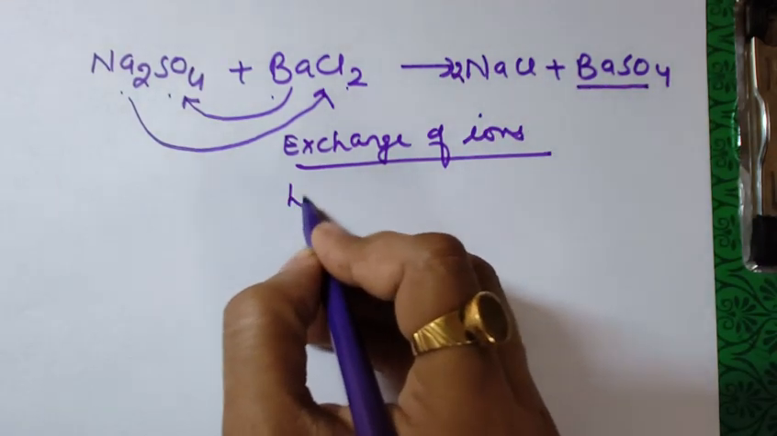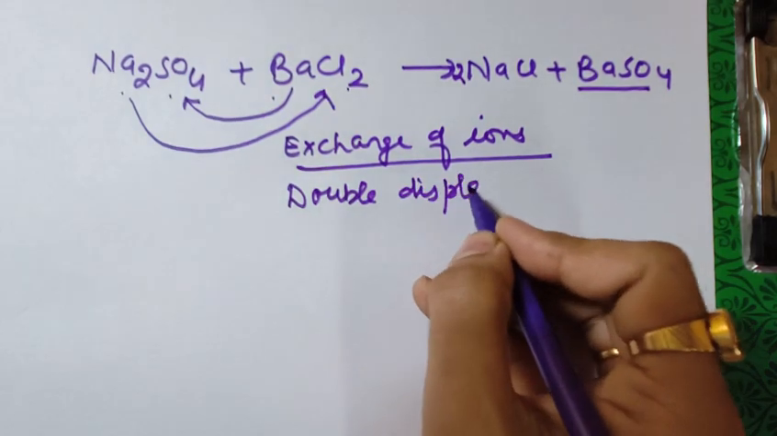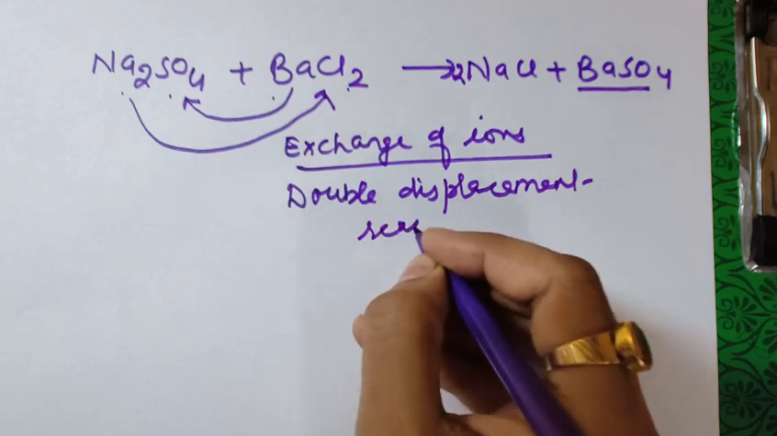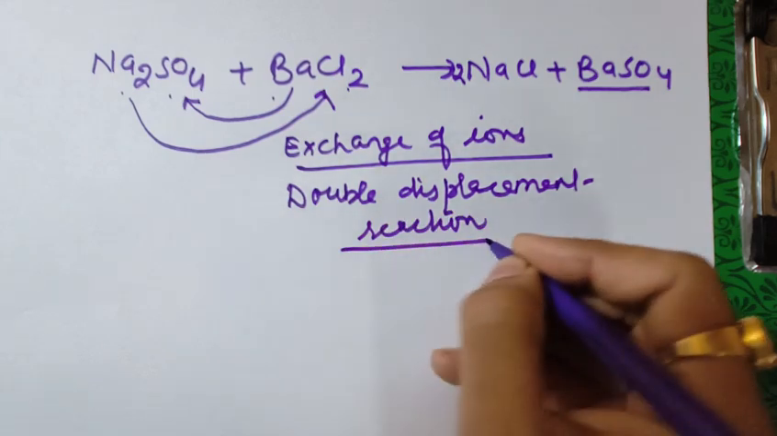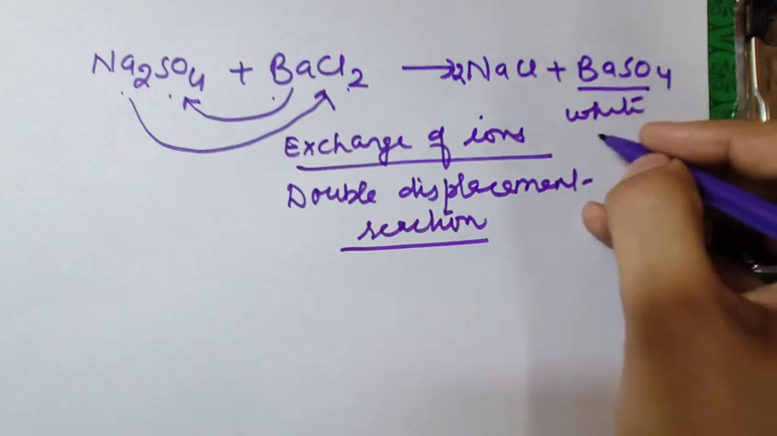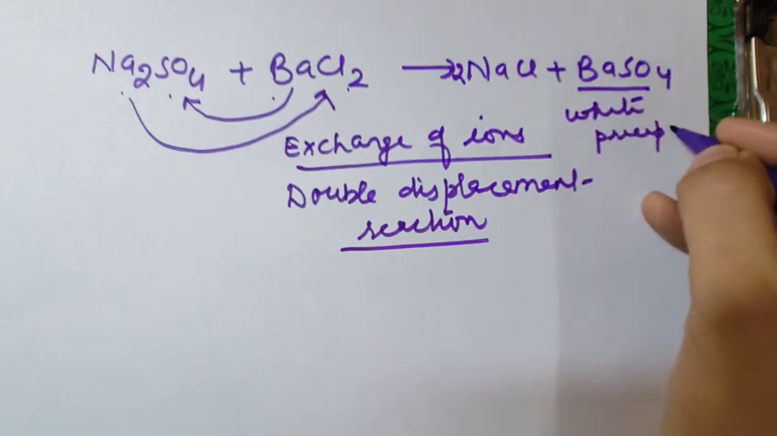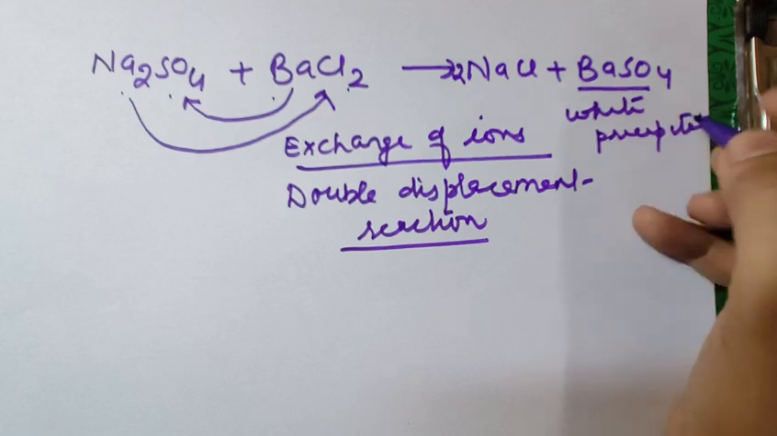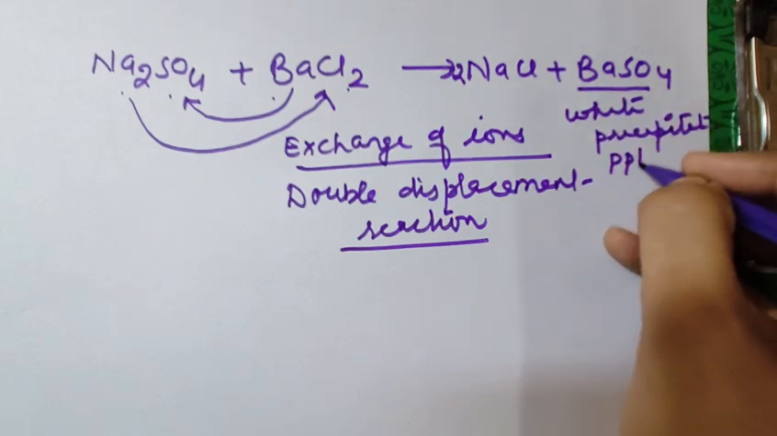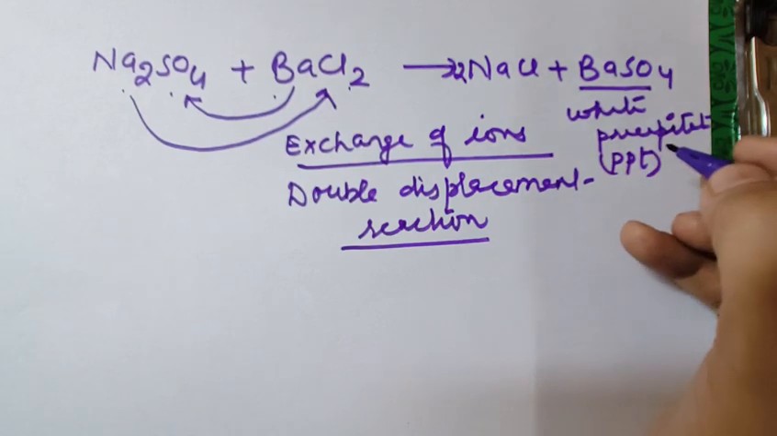So this is double displacement reaction. In this reaction, white color PPT is formed. Barium sulfate comes in the form of white precipitate. Precipitate means insoluble mass. White precipitate or white PPT means insoluble mass. So this reaction is also called